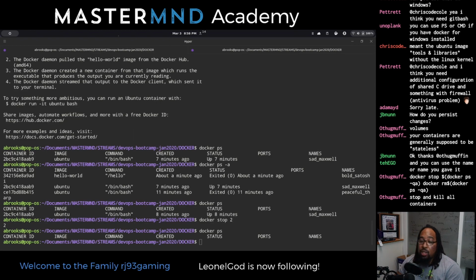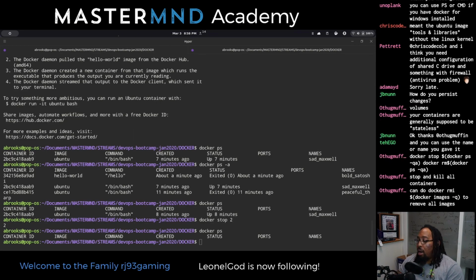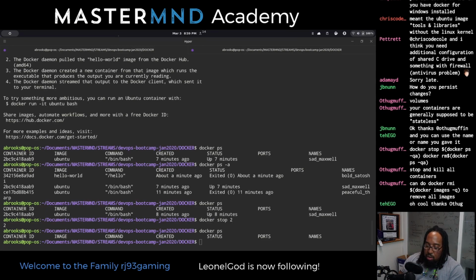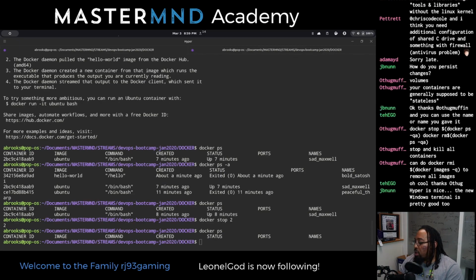Can you use it on Windows? Yes, you can use Hyper on Windows. My settings are also in terminal config. Maybe that's not it, but there's a chat command for setting up your terminal like my terminal. I'll probably switch it up soon, to be honest. Getting tired of it, and I like things to be pretty and exciting.